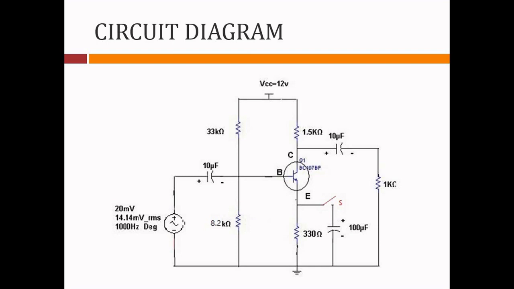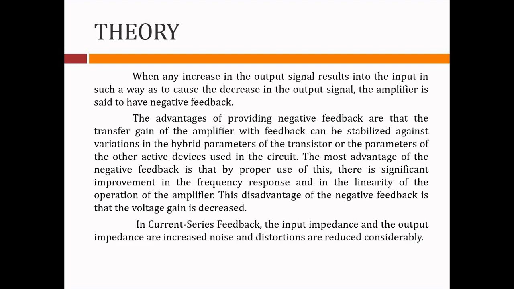Now to make out whether this circuit is working in totality after connecting all these components, the first thing is you have to do continuity testing using a multimeter. Secondly, there is a test signal of 20 millivolts and 1 kilohertz that we will discuss later. If you apply this signal of 20 millivolts and 1 kilohertz as an input derived from the function generator, and you are getting the output, that means your circuit connections, the transistor, the circuit itself is working. When you draw the circuit diagram, make sure that all the component values are clearly written with the notation. So this is the theoretical background.